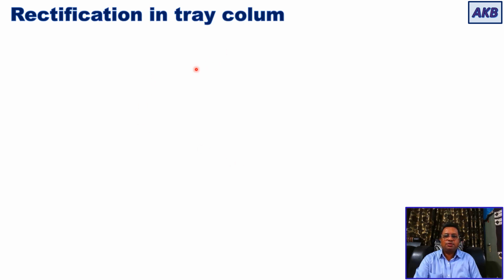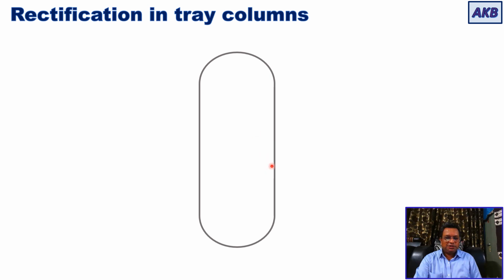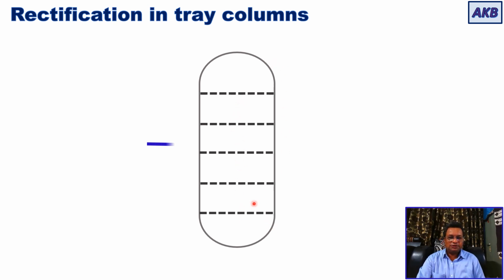Now let us understand how rectification is carried out in tray columns. Let this be the cylindrical vessel, and these dashed lines represent trays. So a cylindrical vessel in which you have trays. Now this is a tray column. Feed enters on one of the trays, which is almost located centrally. We call that the feed plate. I'll talk more about it. Then it flows down